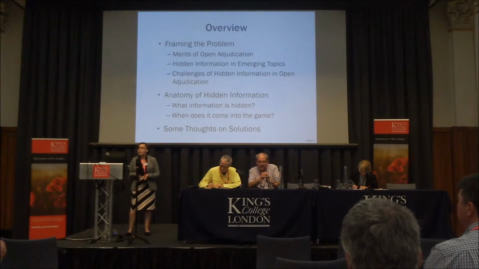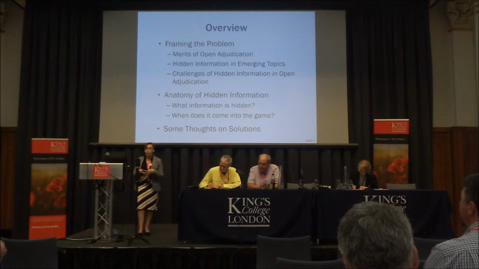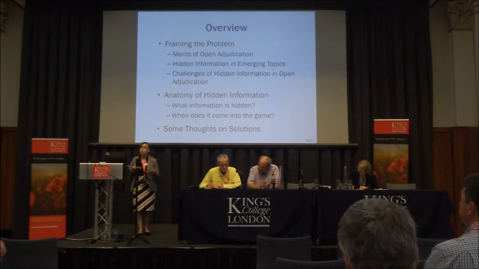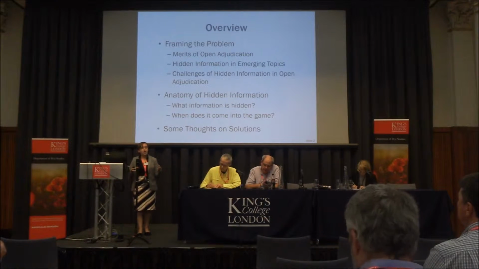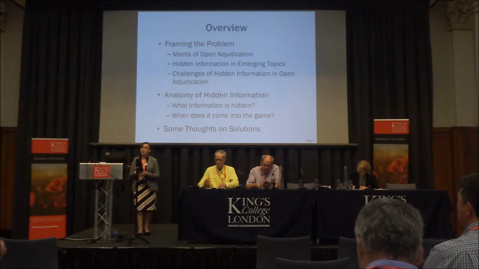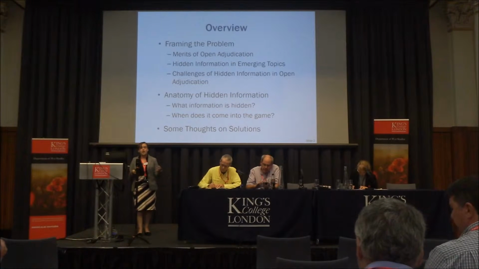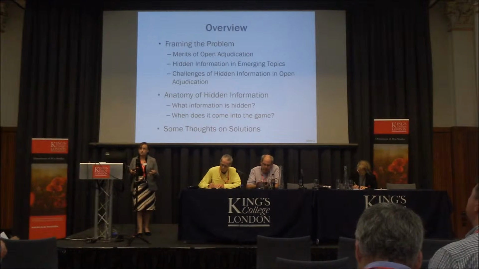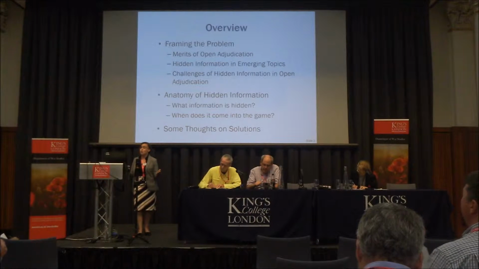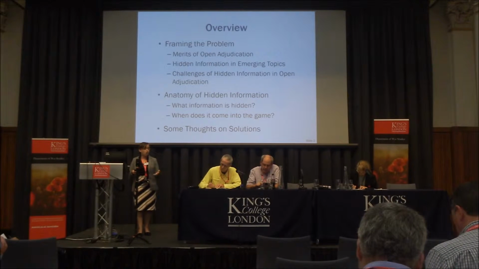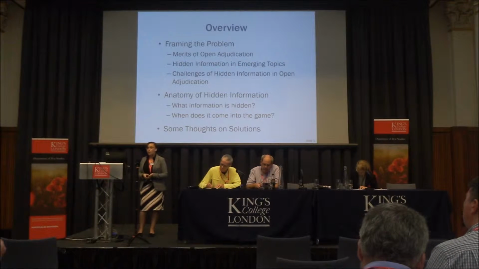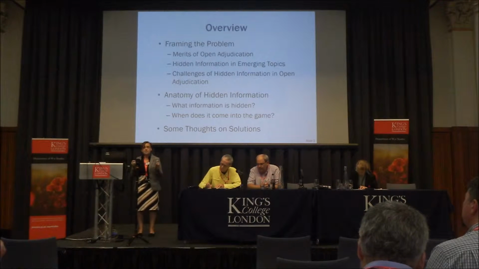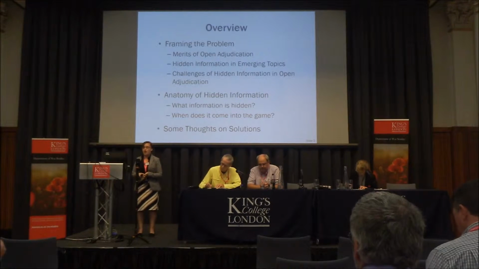So what I'm going to attempt to do in this presentation is frame one of the problems that I've been seeing come up in wargame design recently, which is that we seem to have decided that open adjudication is a way of dealing with some of the challenges we see in terms of bringing players into the adjudication process, making the adjudication process more transparent, making, hopefully, our adjudication results more reliable and better as a result. Here's the problem. How do I do hidden information if I've got an open adjudication system? That's sort of this tension that I haven't seen folks reconcile.